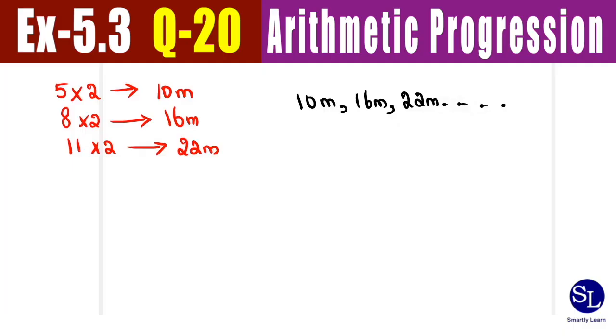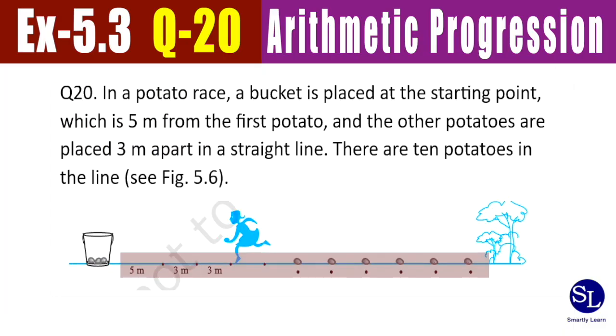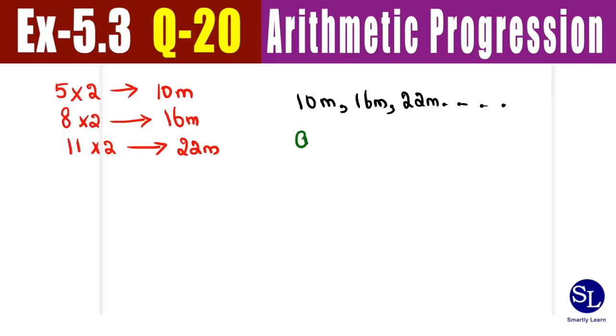So now let's see what data we know. She has to do this for 10 times, right? So that is given to us. So we know the distance the competitor has to run if she has to do this whole process 10 times. So let's see how we translate the data. A is equal to 10 meters. So I'm going to write this as a = 10, d = 6, and n = 10, because there were totally 10 potatoes. So she has to do this process n = 10 times.